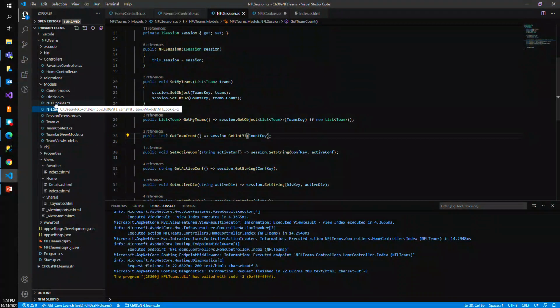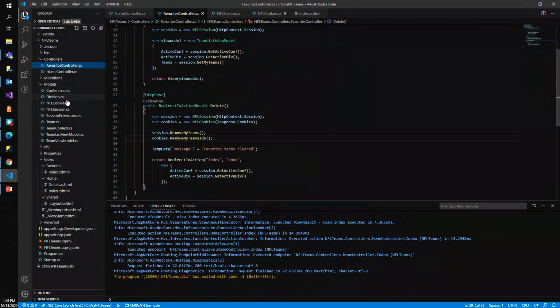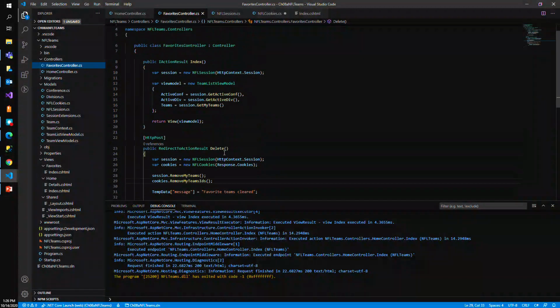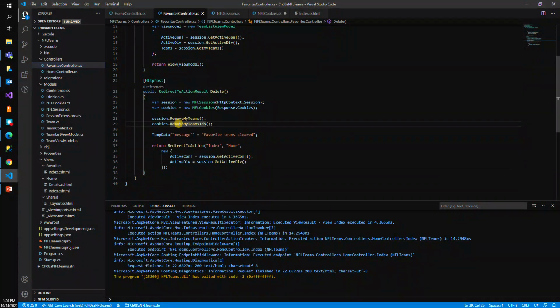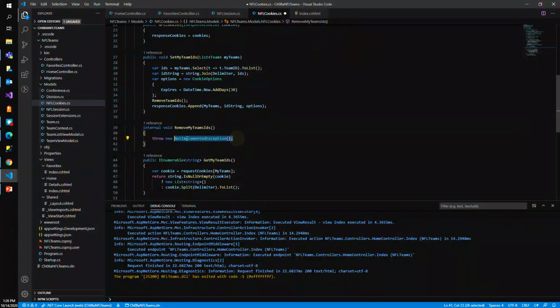So remember, I'm working with cookies.remove my team IDs. I'm working with response cookies. So going back here, I can say response cookies.delete, and I'm going to pass it